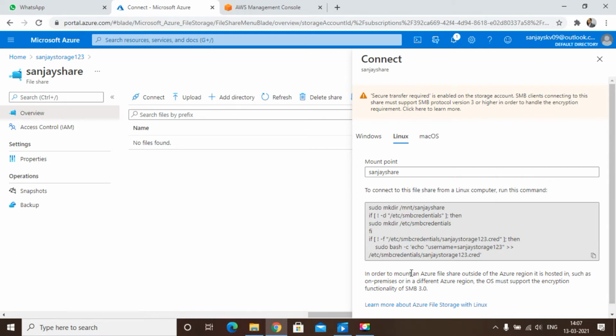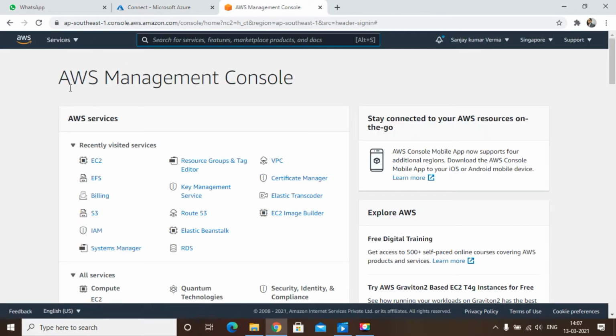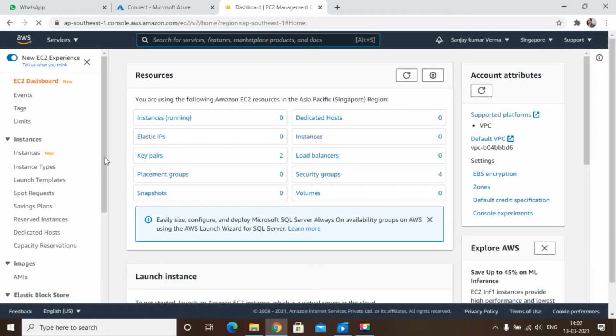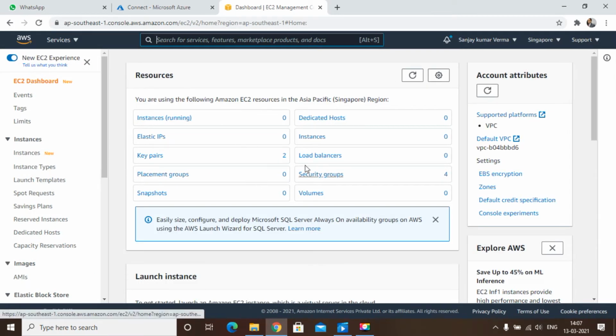So what to do? Click here and copy this script. Now come here, you can see this is my AWS account, and currently I am inside the Singapore region. Now I will provision one more EC2 instance. Currently you can see I don't have any instance.